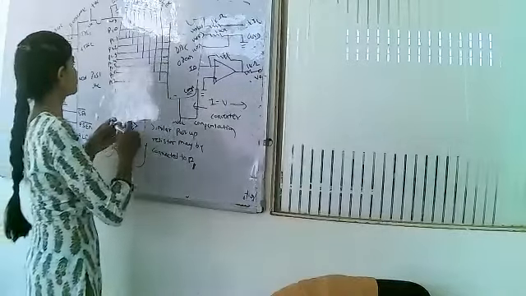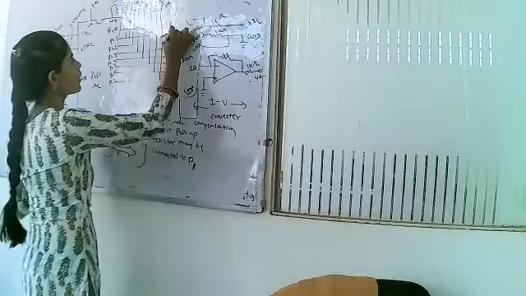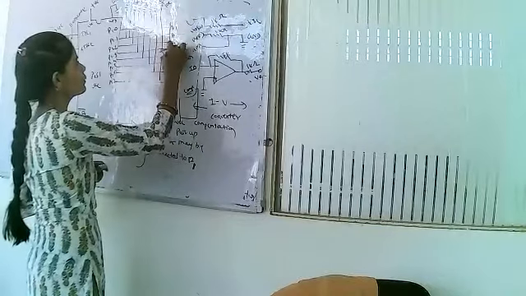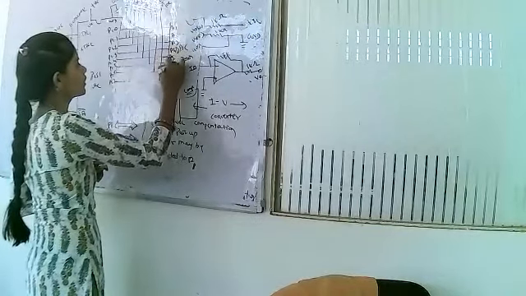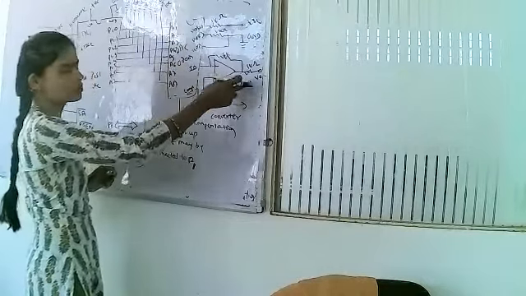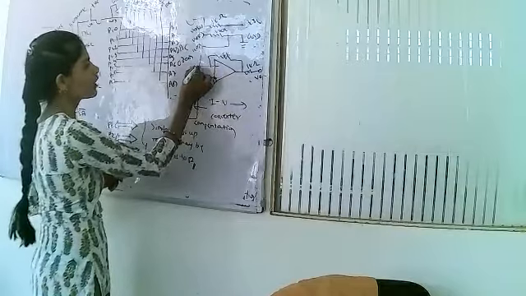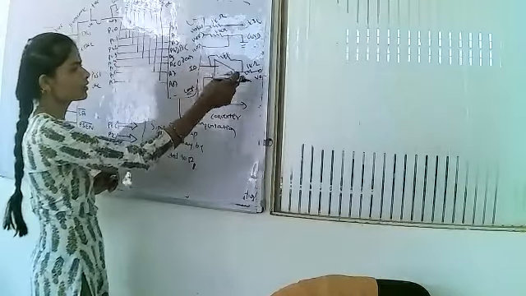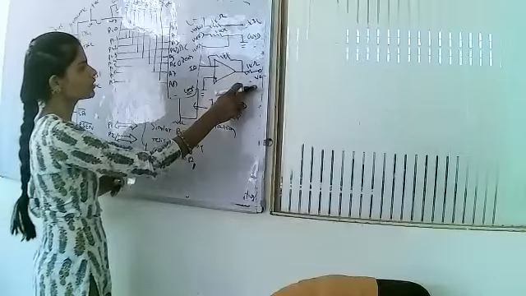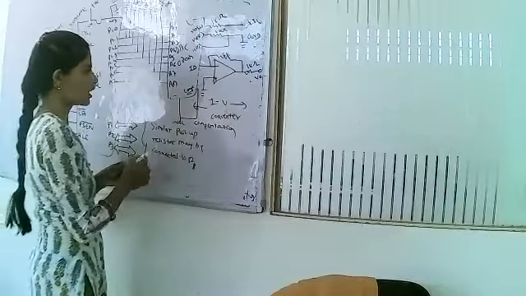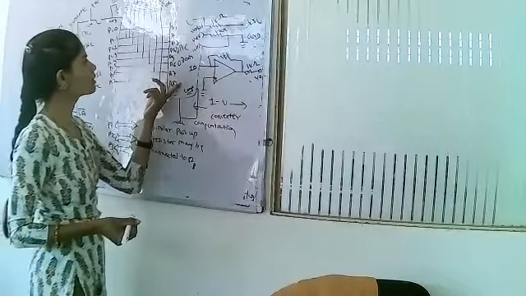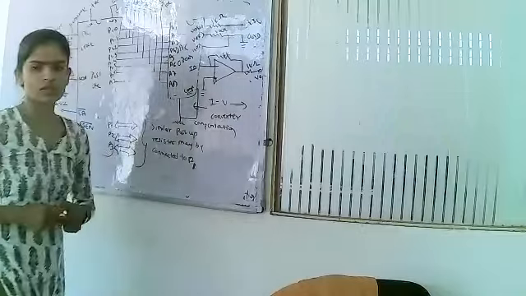In this DAC IC there are input lines A1, A2, A3, A4 up to A8. This is the digital input line, and it is converted into the analog current I0, and this current is converted into voltage. Then we use the I to V converter, the current to voltage converter, and the output is voltage. Here we give an 8-bit digital input.